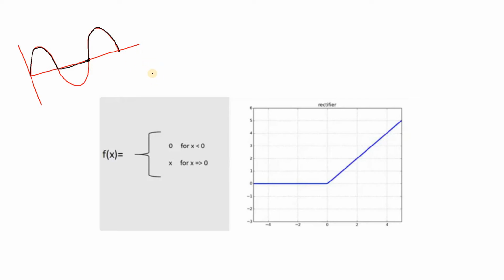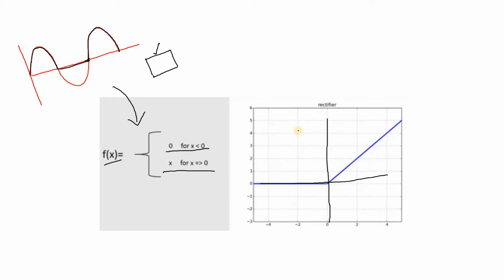If you consider the half wave rectifier as a system, what kind of system is it? A non-linear system, because the output and input are not linearly related. The function in mathematics is: f of x equals 0 for x less than 0, and equals x for x greater than or equal to 0. If you love graphs, you can easily plot it and understand that this is the graph for our rectification function. For all positive values of x it follows y equals x, and for all negative values y takes 0. So rectification is happening.